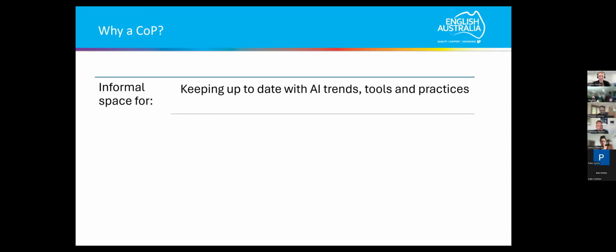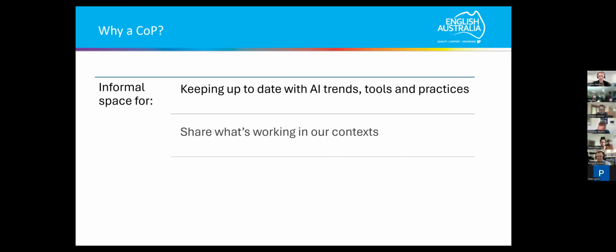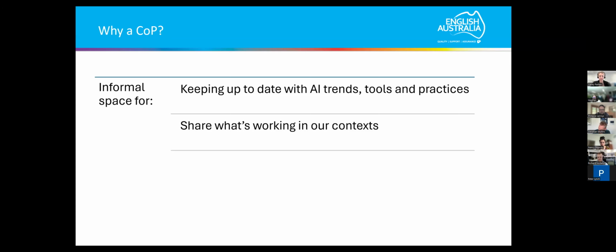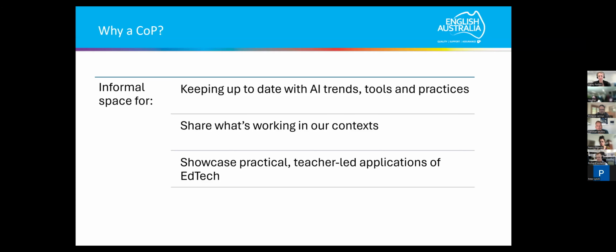So this space is about trying to select, from all those tools and practices appearing, those that are most meaningful and valuable for us as teachers, and bringing them into the conversation, presenting, discussing and learning from each other. It also means sharing our experiences, what's working in our context, not only the conveners sharing, but also hearing what you are doing in your context. We're inviting and encouraging people to present at these meetings and share their experiences in the future.